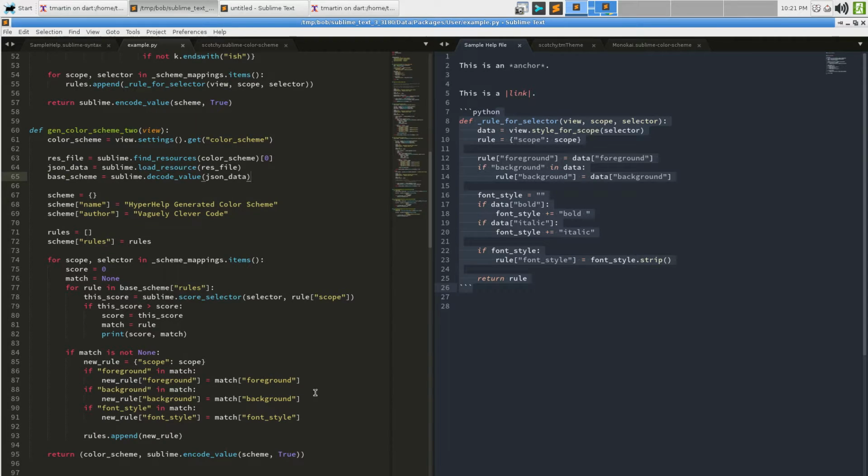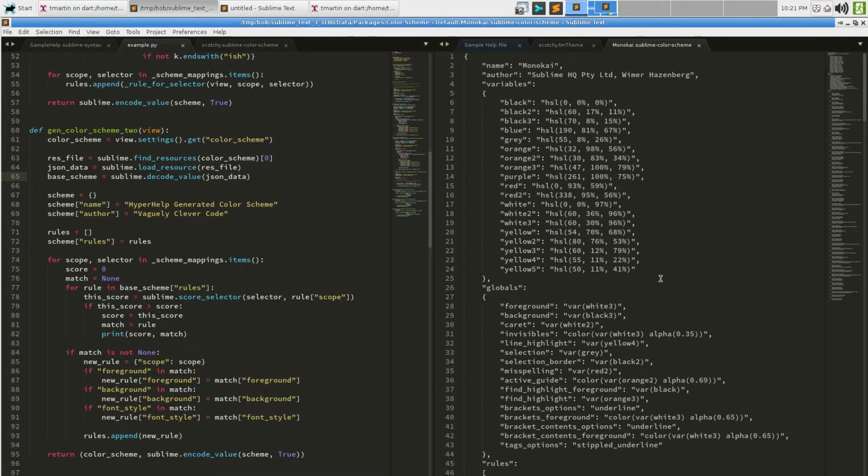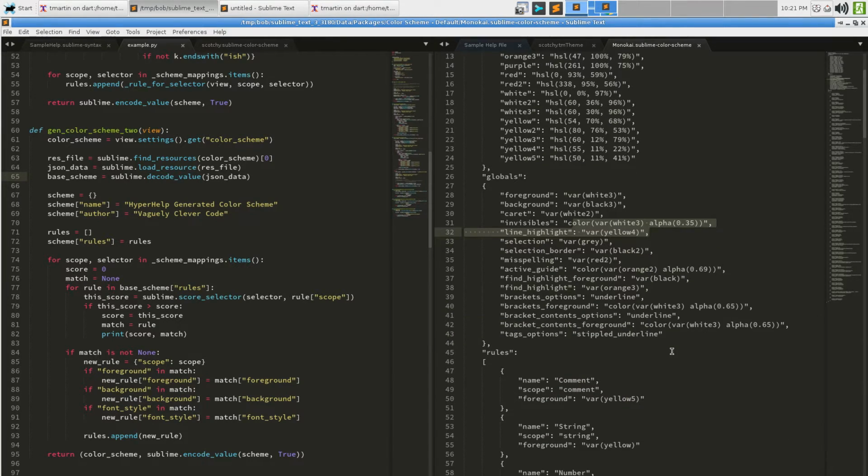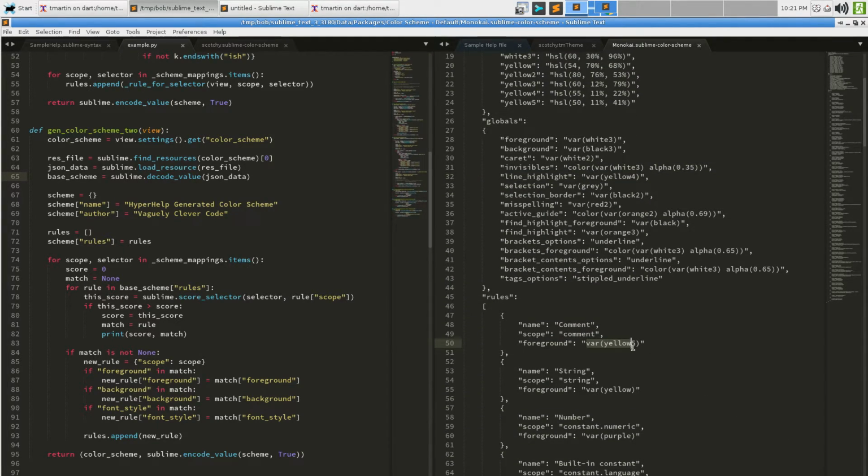Another thing you can do is examine someone's existing Sublime color scheme that they're using, always the base version of it, and try to find rules that match the best so that you can keep the variables being used like so, which also gives you the power to come in and tweak it by keeping the color and just applying an alpha to it or something in your user thing.